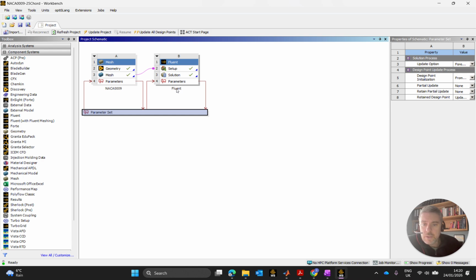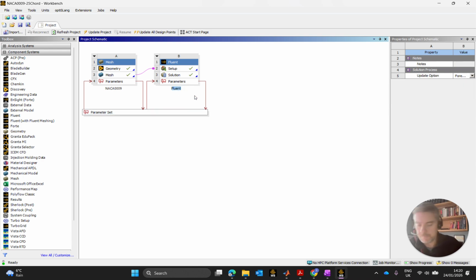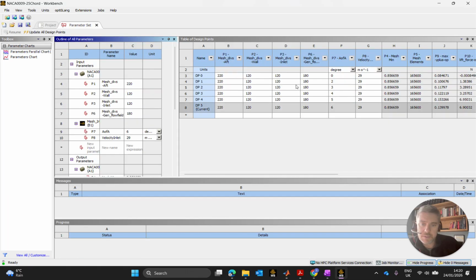All right. So I will rename this one just while I'm at it, and we'll call this one here mesh independence. So these are the 4 steps. In my mesh independence, there's my parameter set. I'm going to do multiple design points, but I'm only going to do 3. So for the grid convergence index method, I'm going to set up a coarse mesh, a medium mesh, and a fine mesh. So my process is as laid out by P.J. Roache in 1998, who published an absolutely phenomenal paper